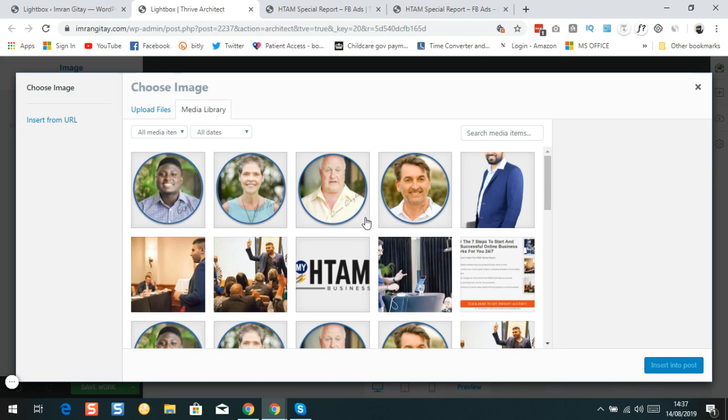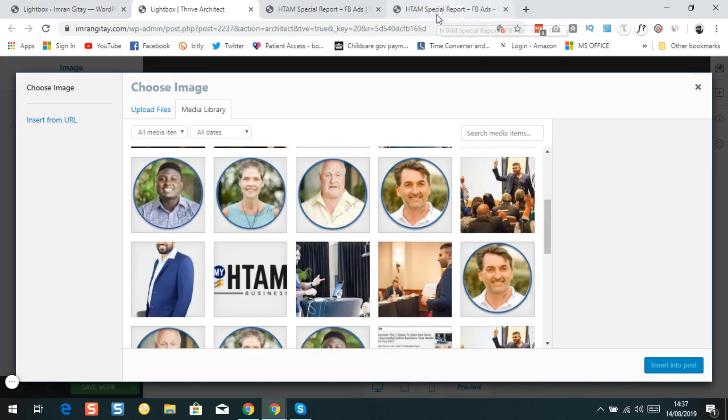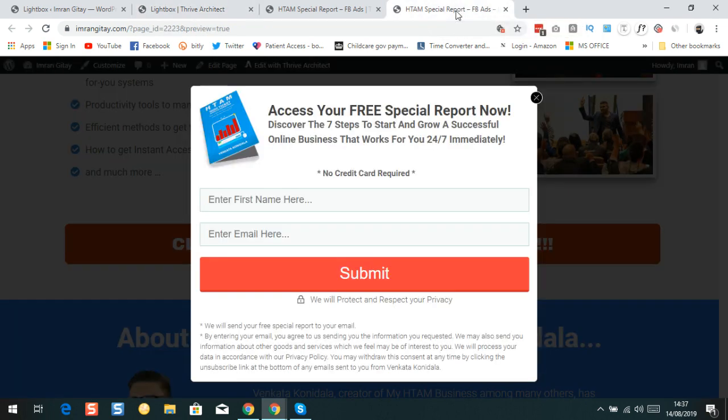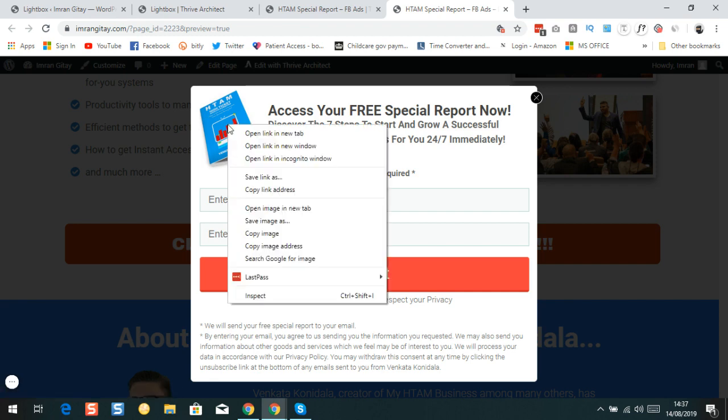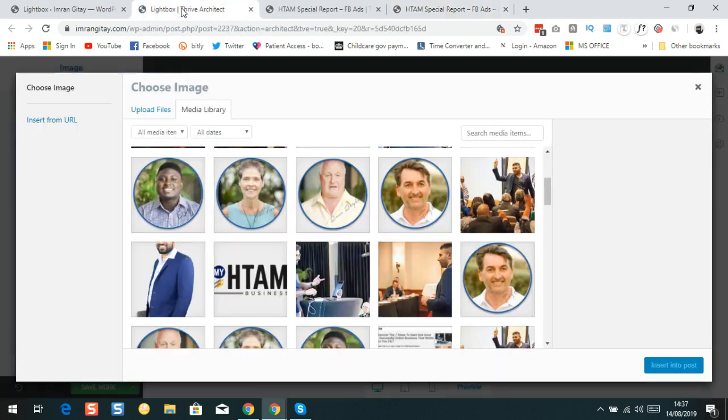Now, I already have the image in here, but if you don't have the image, go to the HTML Special Report tab, the one that you're copying, hover your mouse over the picture, and right click on it, then choose save image as, which is what I've pretty much done on the last one. Save the image to your desktop, remember where you saved it, and then when you come back to uploading it,